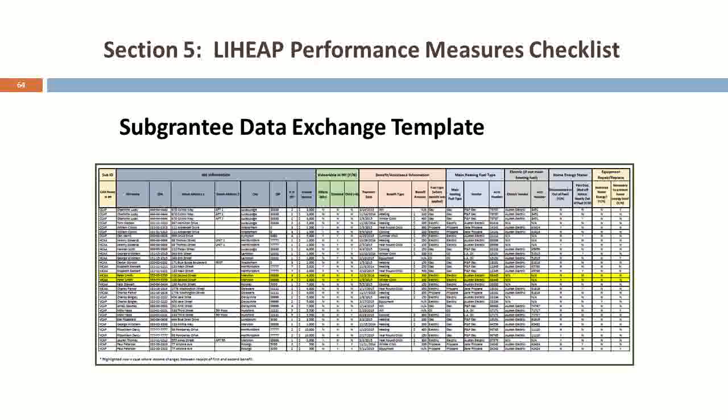So if you are talking to your subgrantees and giving them a template to fill out or a report they need to complete, this encompasses all the data that you need. We've put in here examples. For this particular example, we've made it easy because in most of these states we're saying we want the rawest data you can give us. We don't want subgrantees compiling data, right?